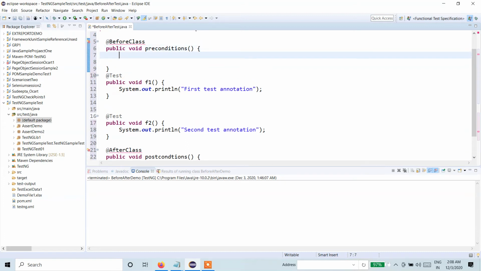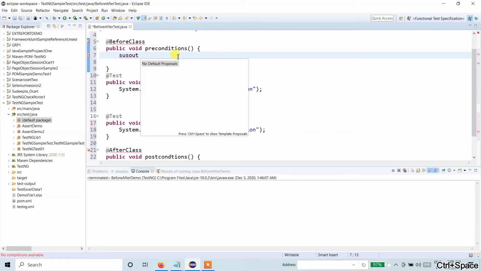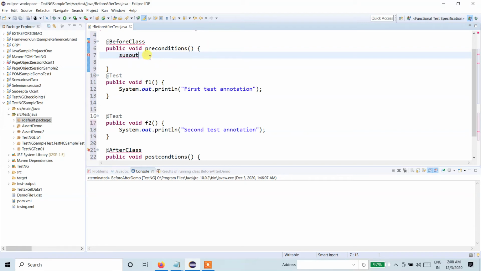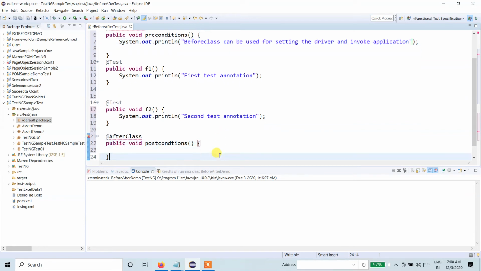So let me just use some code over here. BeforeClass can be used for setting the driver and invoking the application. This is a precondition probably, and AfterClass can be used to probably delete the cookies and close the browser, after executing all the test annotations.